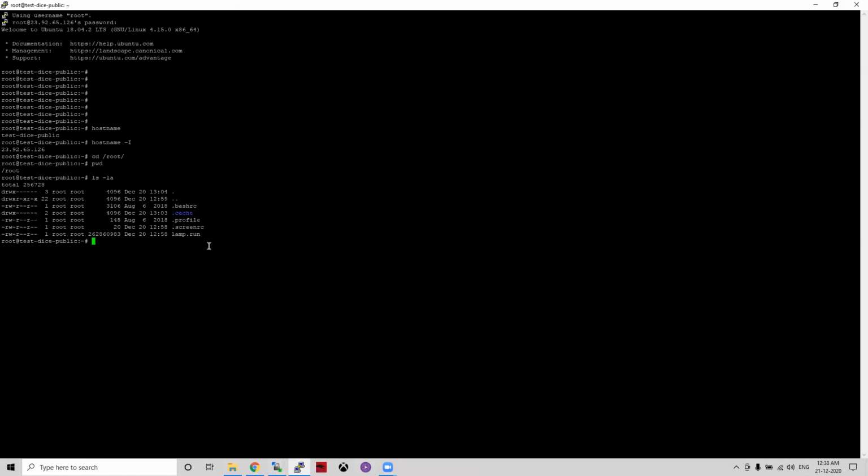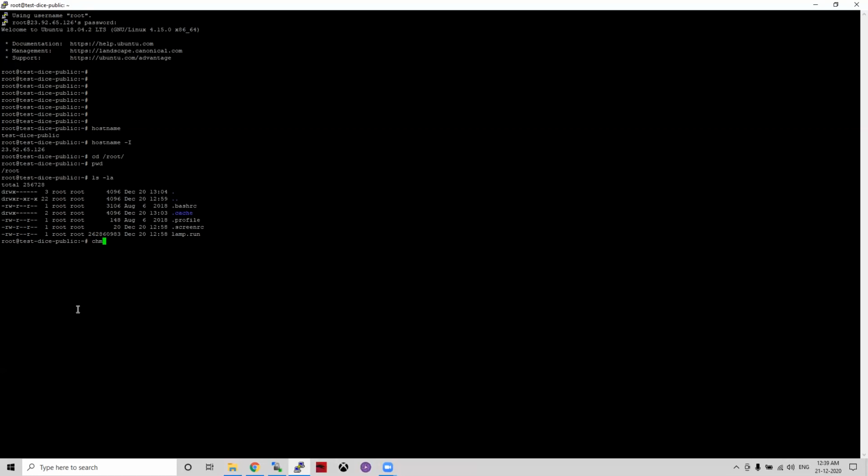But the color is white, and if the color is white, that means it doesn't have the execution permission. You can also see that from the read-write dashes. So basically we need to give the file permission to execute. If it has executable permission, then it will have the color green.